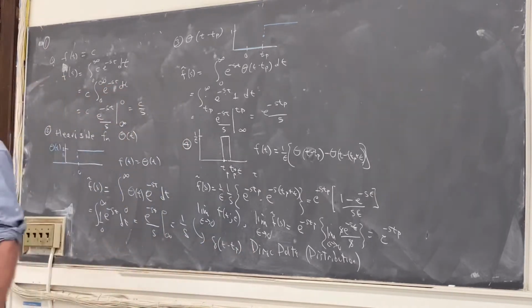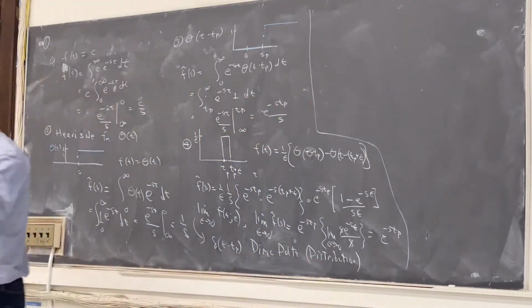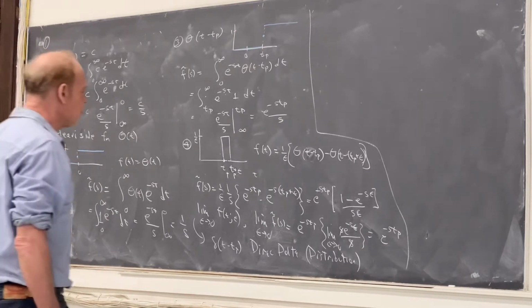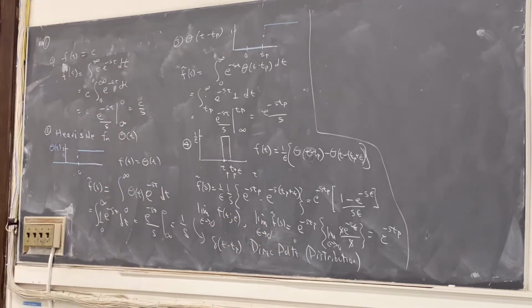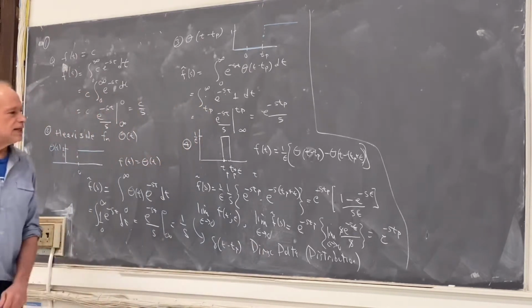Dirac, Paul Adrien Maurice Dirac, P.A.M. Dirac, was one of the great physicists of the 20th century who came up with this and saw it was super useful. Basically, there's the famous Dirac equation, which is the first equation for relativistic quantum mechanics. And rather than 3-dimensional space, he works in 4-dimensional space with x, y, z, and ct. Very famous British physicist, and I think he only died in the 80s, even though he was quite old.